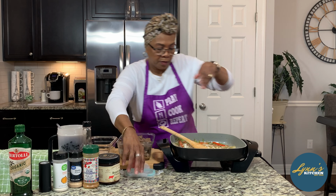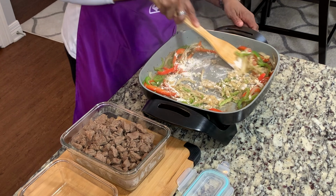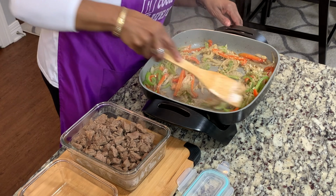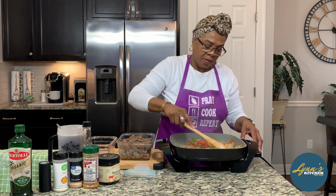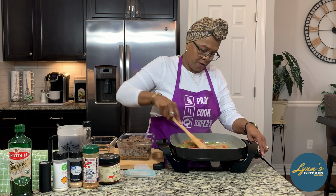Put that up right there. Okay. Ooh, look at that. Okay. Get it all stirred up there and there. Yes, indeedy. Okay. And I use like a half of onion, and I use like a half of the green